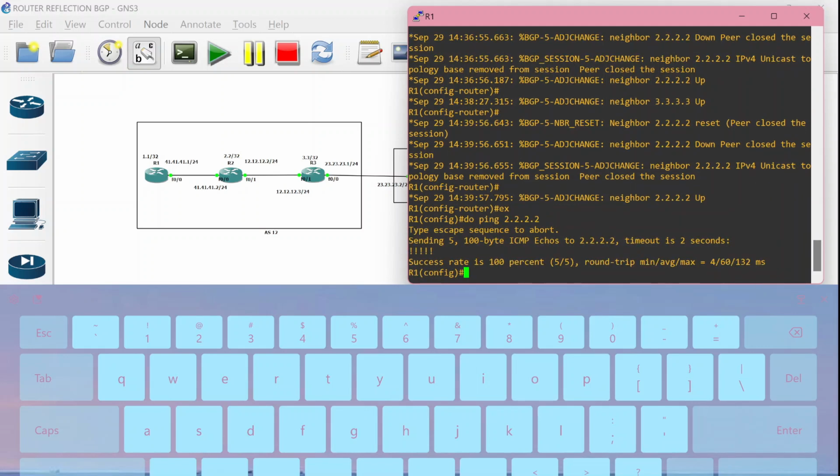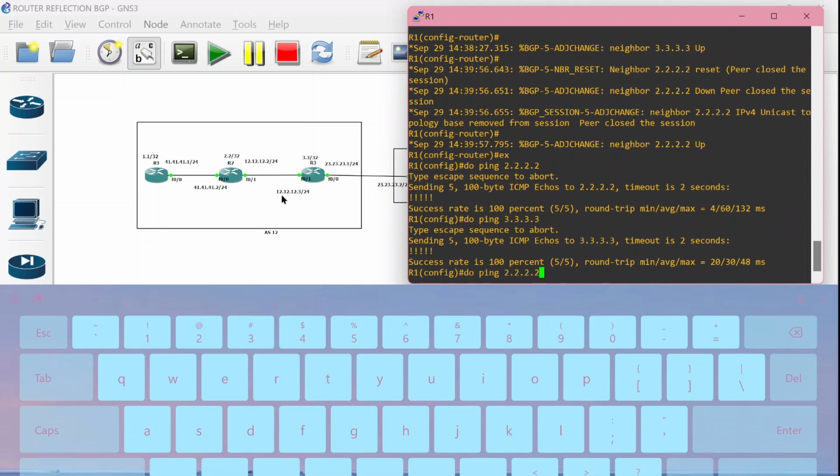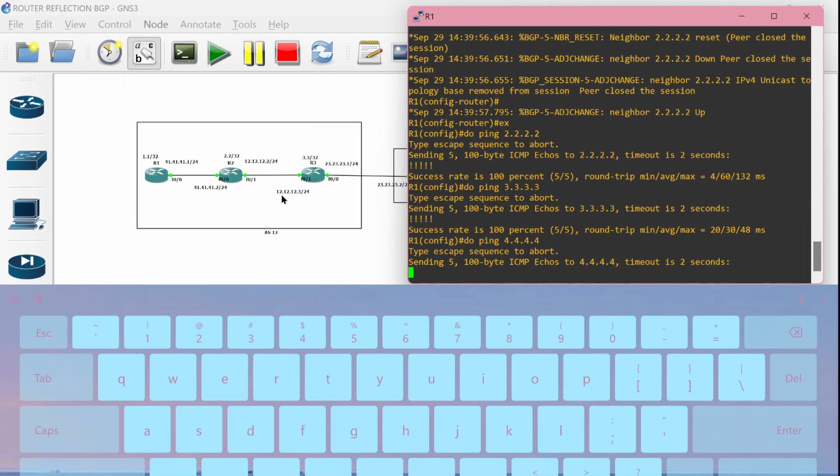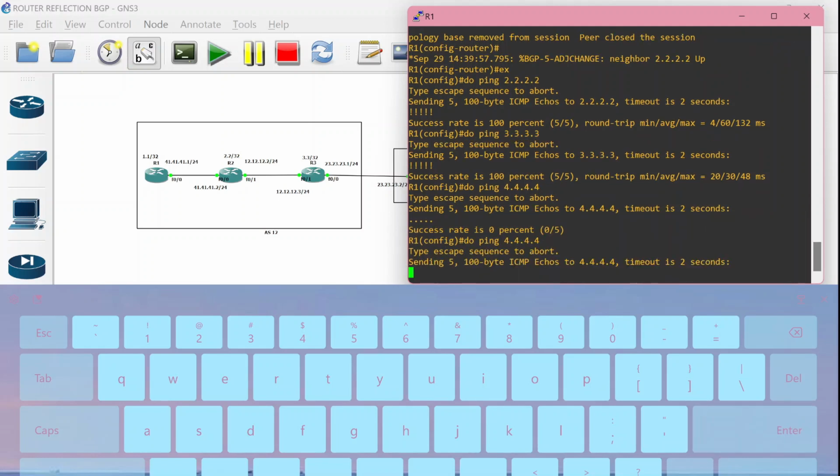Okay, look, this is true, this is the configuration. And the loopback for router number 4 is wrong because the configuration hasn't been finished. I have to make it again, so I'm sorry.